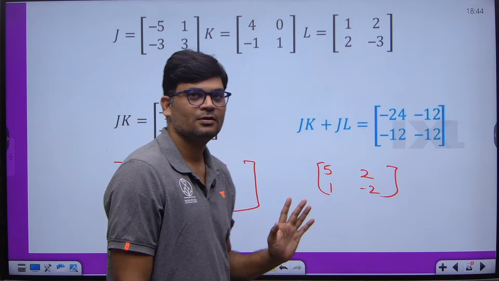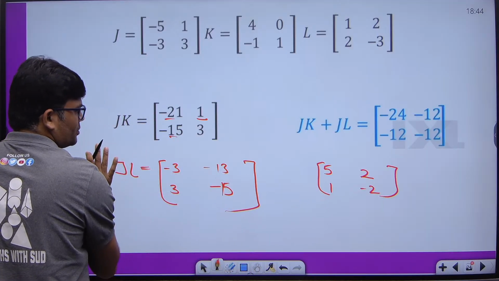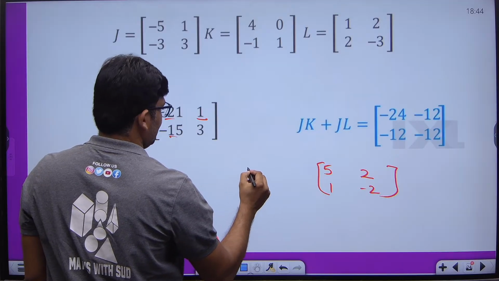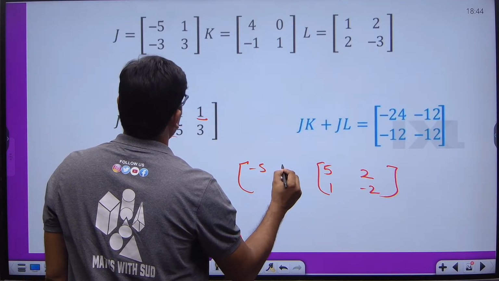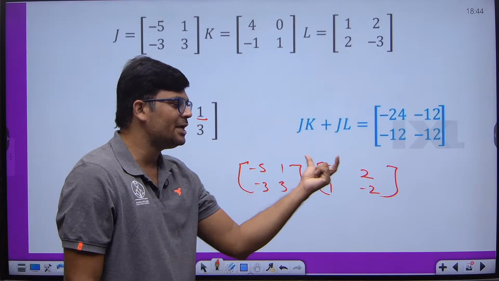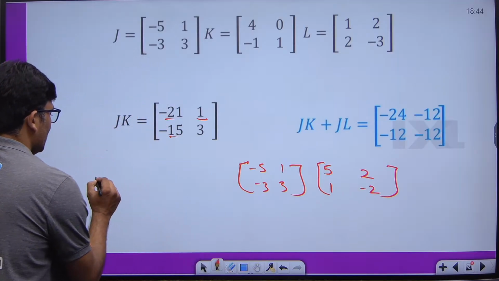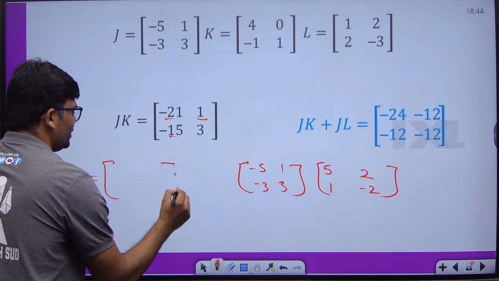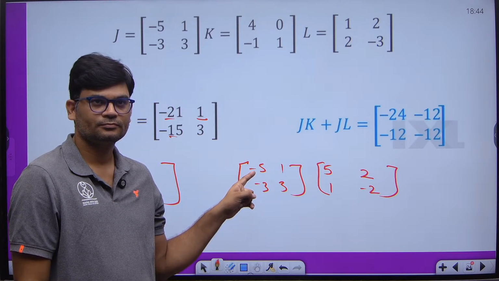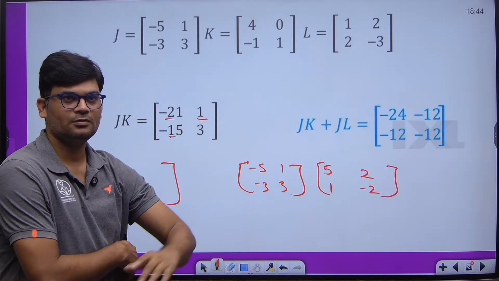Okay. Now I am just erasing this because it is not yet required. You have already done it. Now, can you tell me what is J? J is negative 5, 1, negative 3 and 3. So we are multiplying now J times K plus L. I am writing here. Can you tell me what is the first row, first column? What will be happening? First row, first column, so minus 5 into